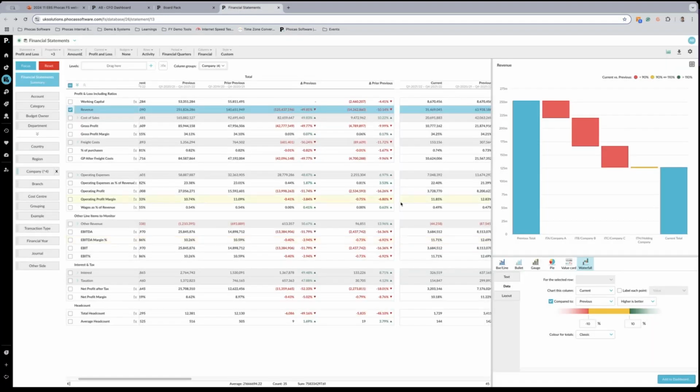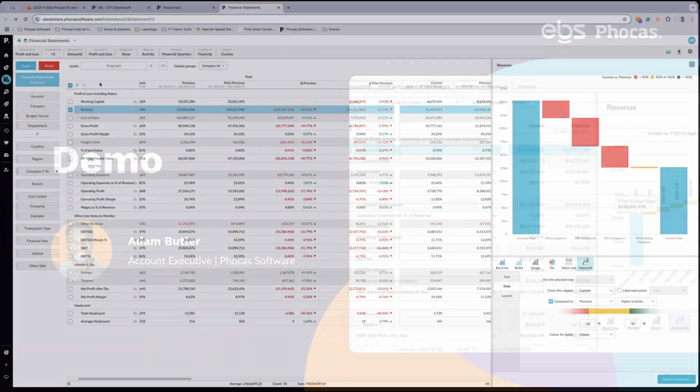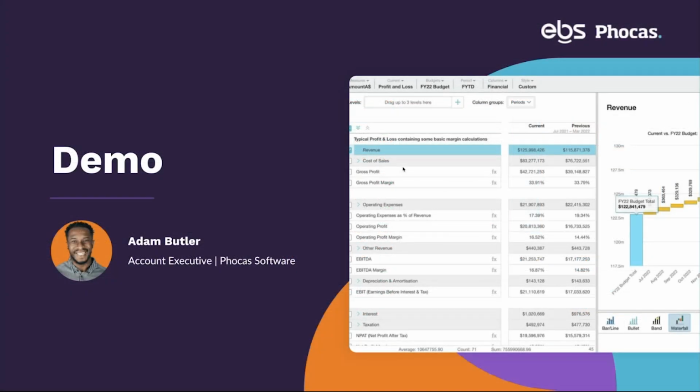But that's just a very high level overview of Focus Financial Statements. Hopefully it's given you some insights around what a different approach to financial reporting entails. It's not as difficult as you think, especially with tools like Focus, because it's designed to work for you, not work against you. So, back into the presentation. Just to round things up,